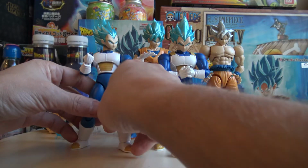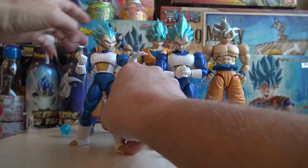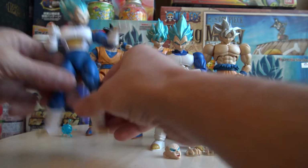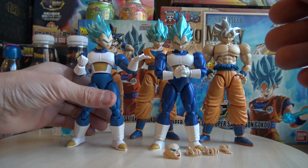And Goku fell down. Stay on your feet, soldier. How many times do I have to say it? This Vegeta cannot stand on his own. Let's try that. Alright, so